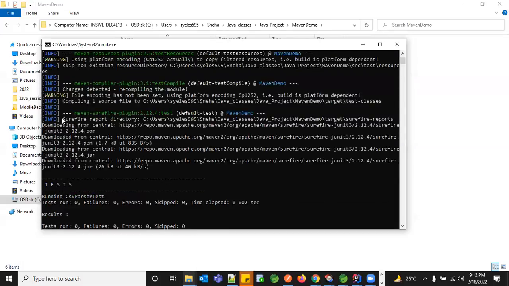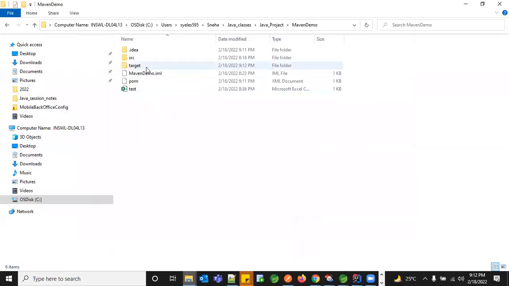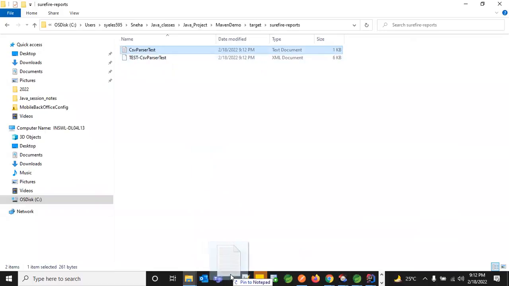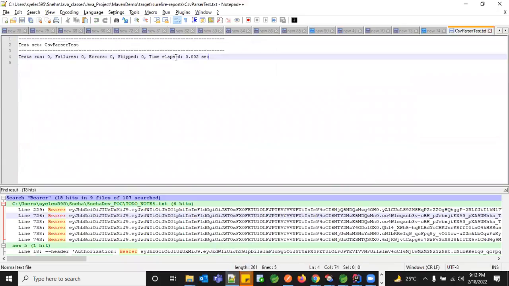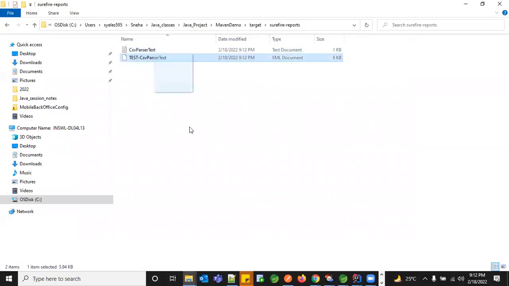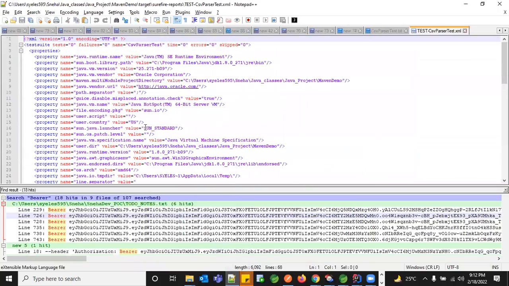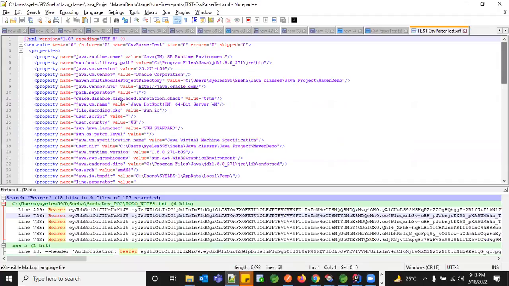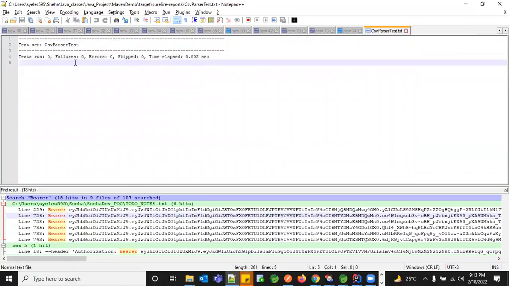In this case, there's something called Surefire reports. If you go into the target, there are Surefire reports, and every time a report is generated, you have something like this created. This will tell the number of test cases executed, which passed and which failed, in both formats. It also shows the dependencies, how many libraries were installed internally, and the entire information is created as a report. Whenever we want to automate our entire system, we depend on these Surefire reports and make sure that your entire test cases pass. We make sure the error count is always 0. We don't worry about the failures or runs.